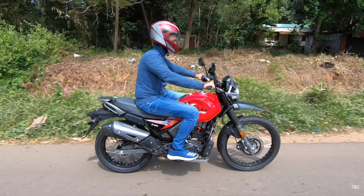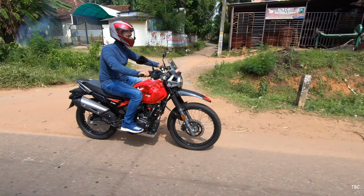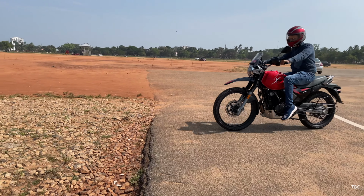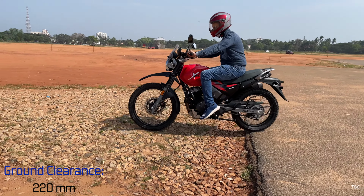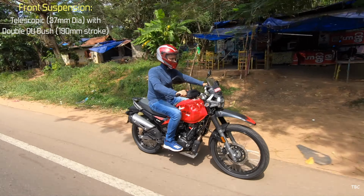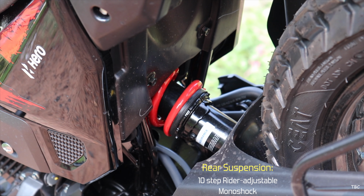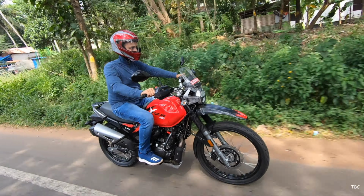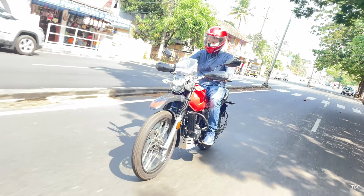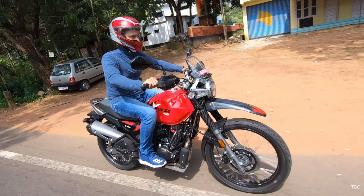The bike's design has this lean approach which is ideal for any terrain, and here the first thing for anyone to keep note of is that the XPulse has great ground clearance measuring 220 mm and also an excellent combo of suspensions. The front is a telescopic one with 37 mm diameter, and the rear one is a 10-step rider adjustable monoshock one. And here both these suspensions are well set for multi-purpose use. There is adequate softness as well as sturdiness to keep the ride stress-free through all types of riding conditions,